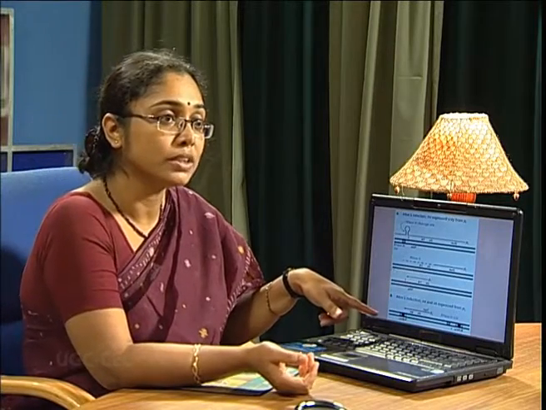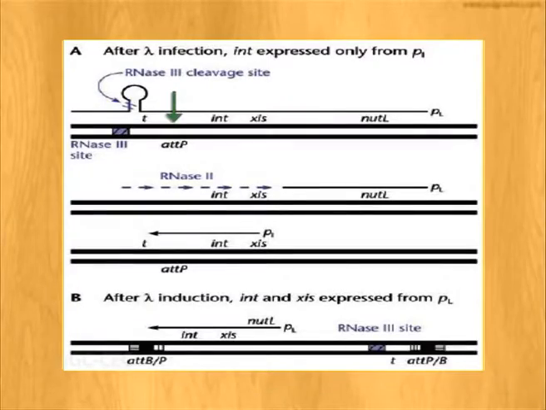So, the integrase enzyme only will be produced after infection, and it will lead to the lysogenic cycle. But after induction, both the enzymes are required, integrase and excisionase. Then how will it be produced? Now, if we look into the map of the prophage, the attachment site is present here, before the